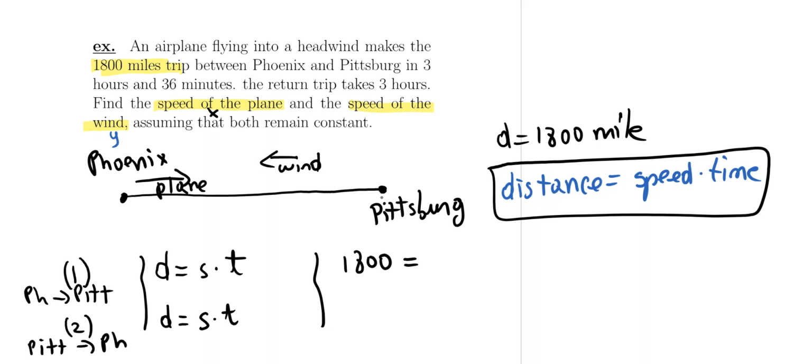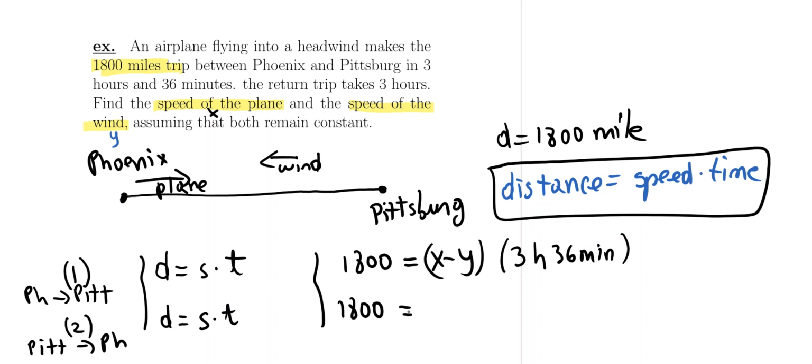Going from Phoenix to Pittsburgh is the speed of the plane minus the wind. So it'll be x minus y times the time, and it says it's 3 hours and 36 minutes. So time is 3 hours 36 minutes. And then for the second equation, the distance from Pittsburgh to Phoenix is still 1,800, but the rate now,